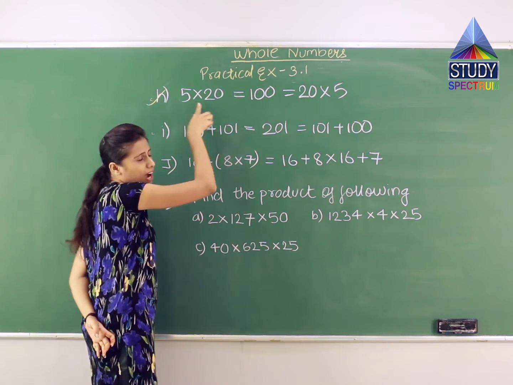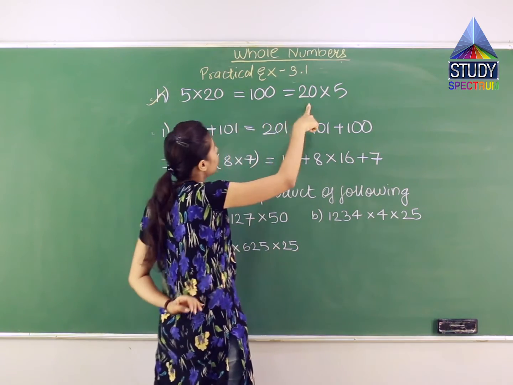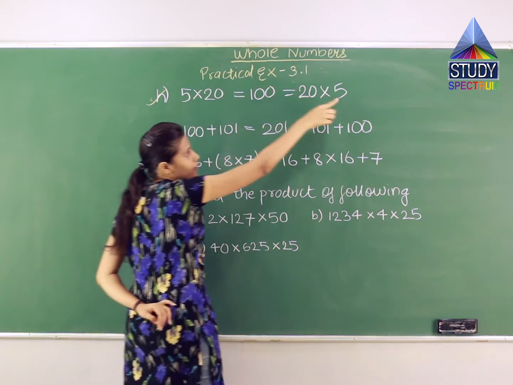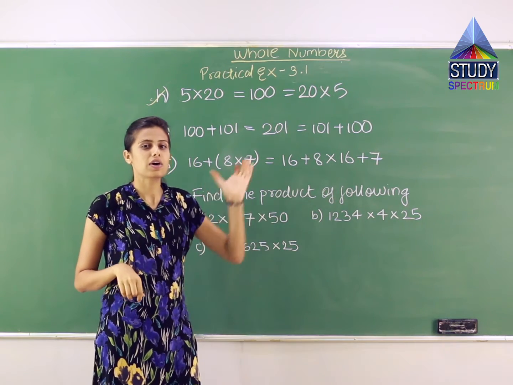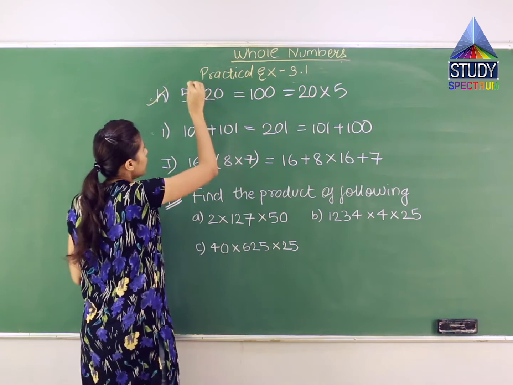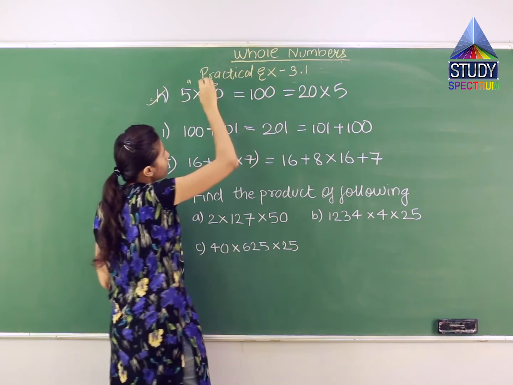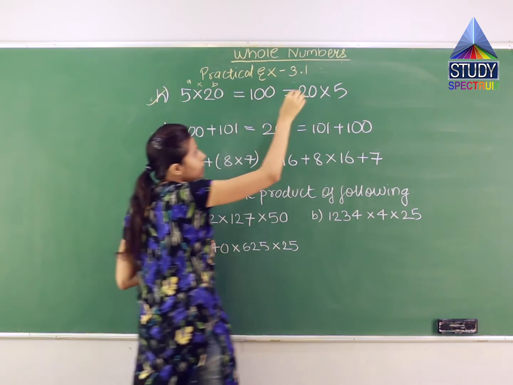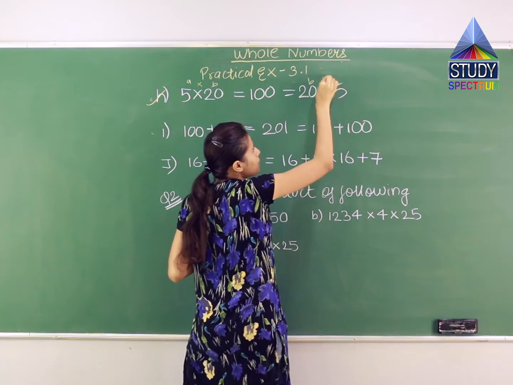They are saying that 5 multiplied by 20 is equal to 100 and is also equal to 20 multiplied by 5. Let us represent this in the form of alphabets and see which property the formula matches. So instead of 5 I write A and instead of 20 I write B, with a multiplication sign in between. Over here also, tell me what is 20? 20 is B. So B multiplied by A.